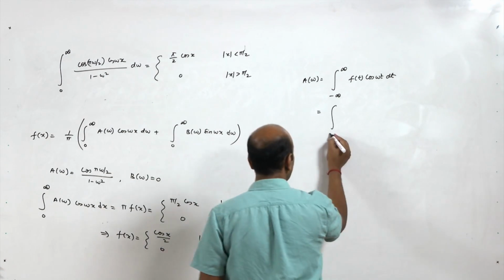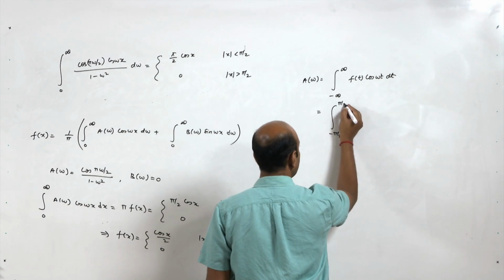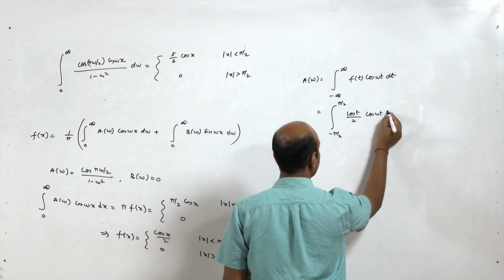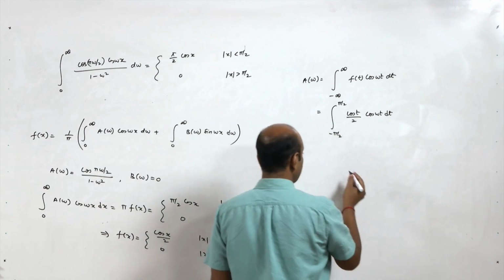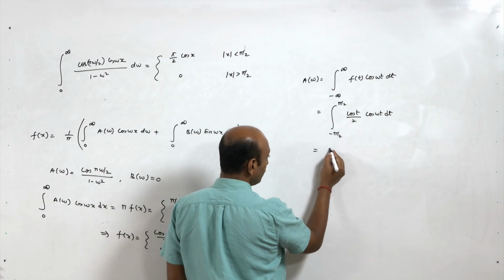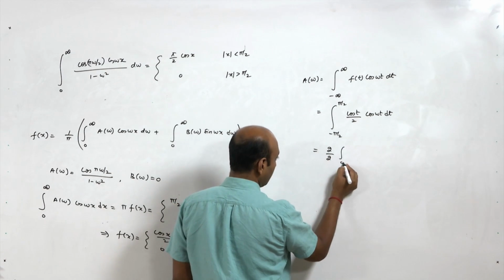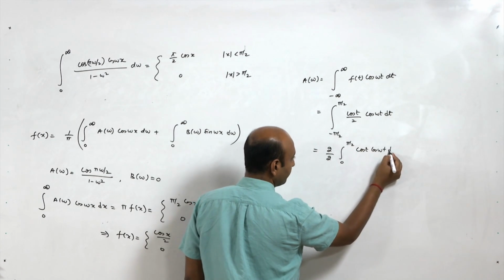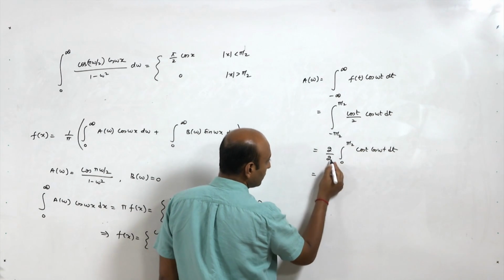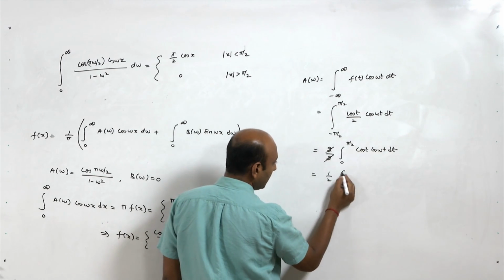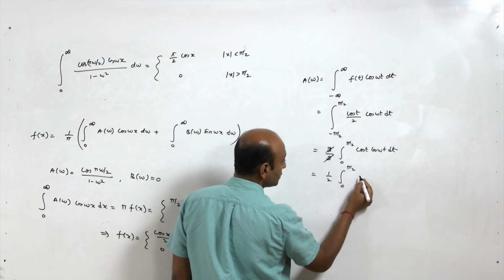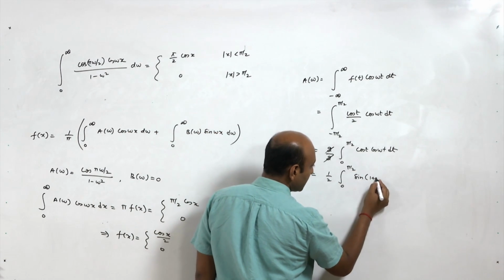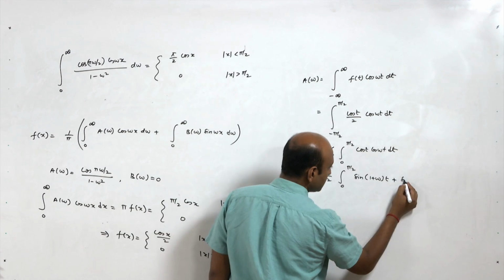So, from minus π by 2 to plus π by 2, it is cos t upon 2 into cos ωt dt, which is nothing but, it is an even function, 2 times 1 by 2 integral from 0 to π by 2 of cos t cos ωt dt, which is equals to, now 2 cancels out, multiply and divide by 2 again, from 0 to π by 2, it is 2 cos a cos b, which is nothing but